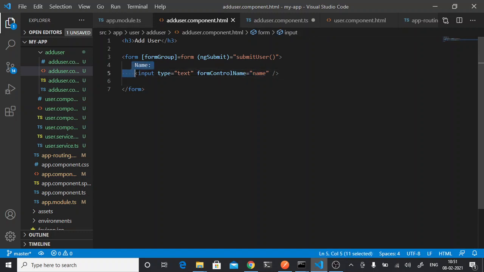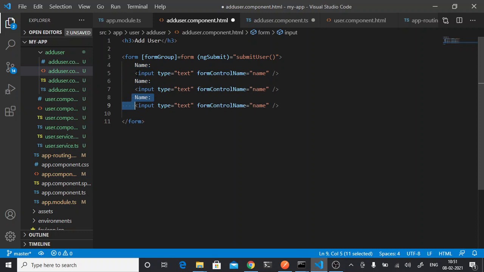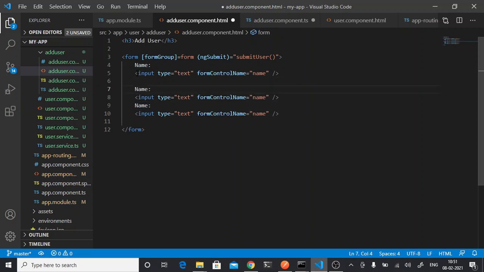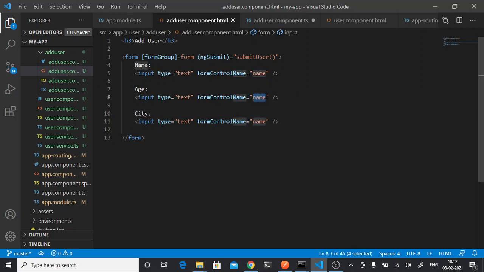So let me copy the same for age and city. Age, city. I'll give the same name for my formControlName also, I'll give the same, age, and here I will give city.